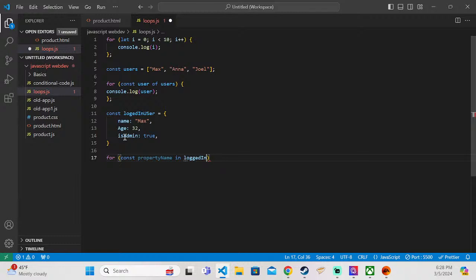Now in here, we can now console log property name to see what's stored in there. And if we save that code, you will see name, age, and isAdmin being printed out here at the bottom, because these are the three property names we have in here. Now if you want